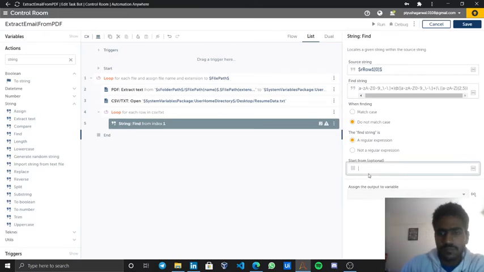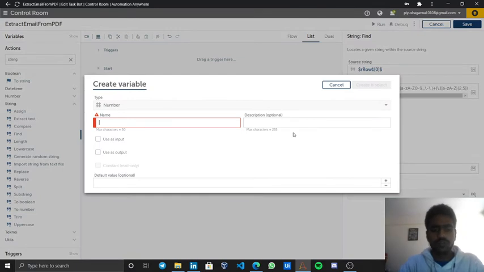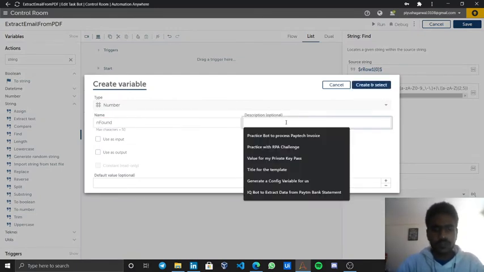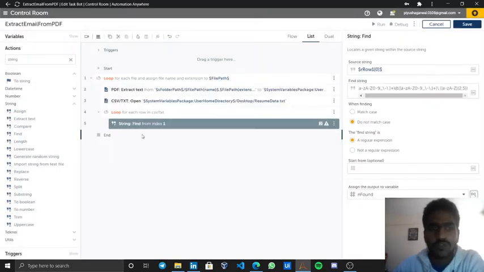Start from, you can start from anywhere, and as output, let's call it n found, position of email. So if it finds an email, it returns the starting index of the first letter of the email.